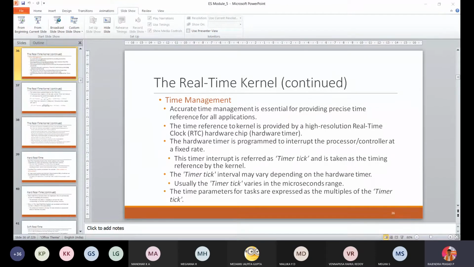A hard real-time system does not implement the virtual memory model for handling memory. This eliminates the delay in swapping the code corresponding to a task in and out of the primary memory. So when you are using hard real-time, you cannot use virtual memory, where it will go and fetch the data. If I want to apply a brake or open an airbag, and it has to go and ask the processor, take the permission, then come back, then within those 3 to 4 seconds everything goes